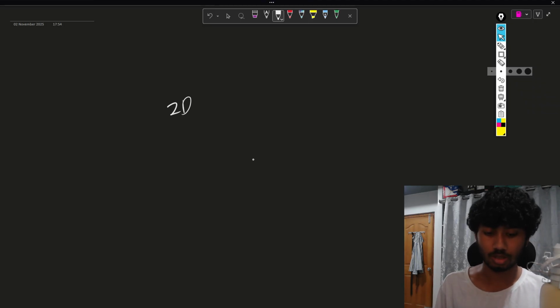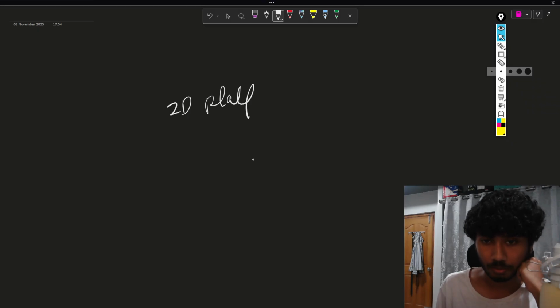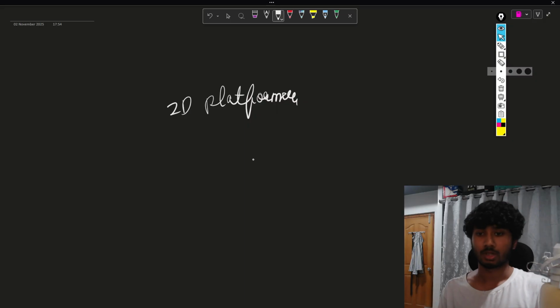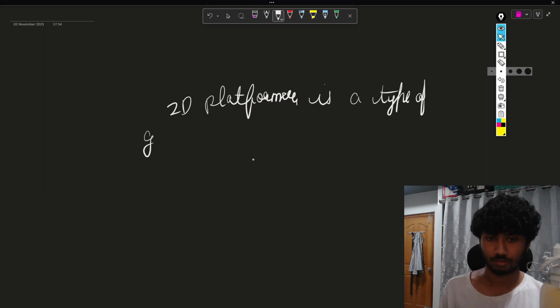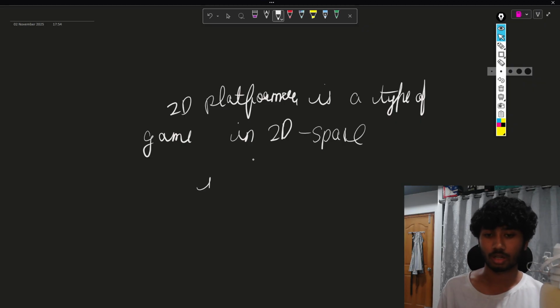A 2D platformer game is a type of game in two-dimensional space. We only do the basic stuff in it. Basic mechanics will be jumping and running,